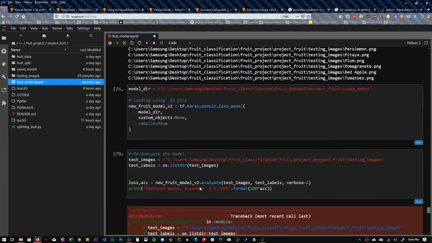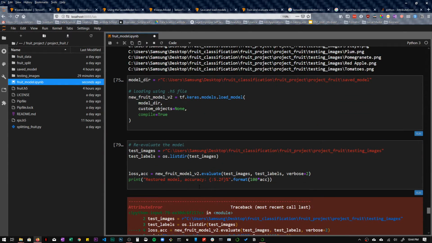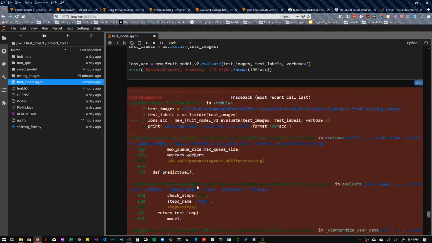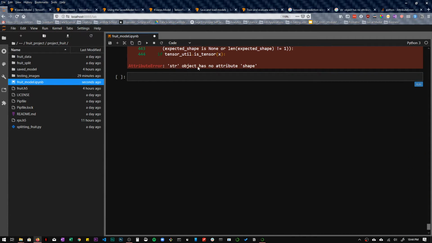Okay, that makes sense. So it's giving this error because it's expecting a numpy array, and I'm giving it